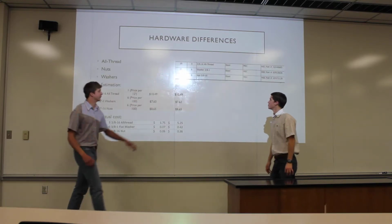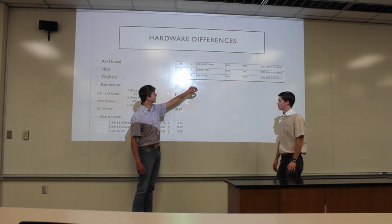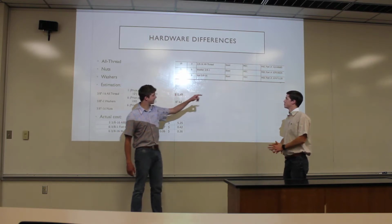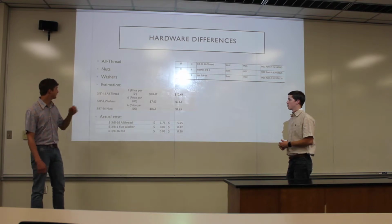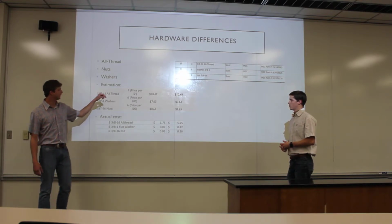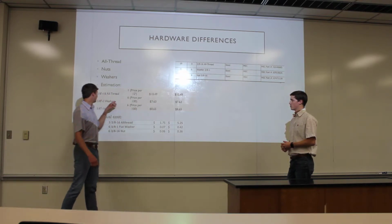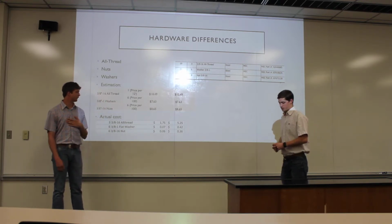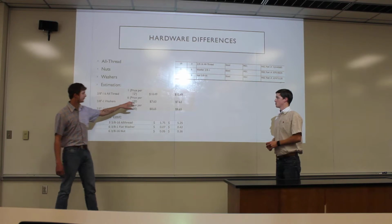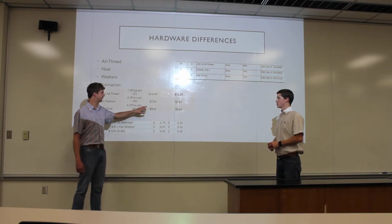As for the hardware, we were given the parts list for those as well, for the all-thread, washers and nuts, and the part numbers from the MSC website to look up the cost. We estimated for one stick of all-thread at $10.49, and for the washers and nuts, we saw that they could only be purchased in quantities of 100, so we estimated for a box of each of those at $7.63 and